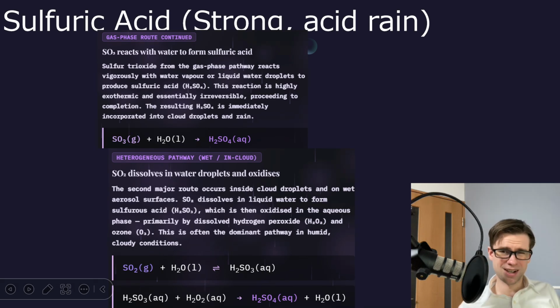But the thing is, this is not really that stable. It won't stay that way for very long if there's oxidizers nearby, and there often is. Even something like H2O2, hydrogen peroxide, or ozone. And this will just oxidize it further by adding one more oxygen on that sulfur, and you end up in the same place at H2SO4. So whichever of these pathways ends up happening, it's not really that important. The important thing is that they all kind of lead to H2SO4 as one of the more stable ending points.